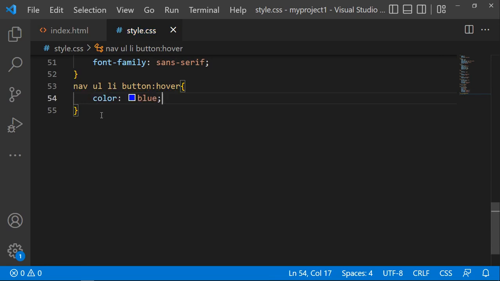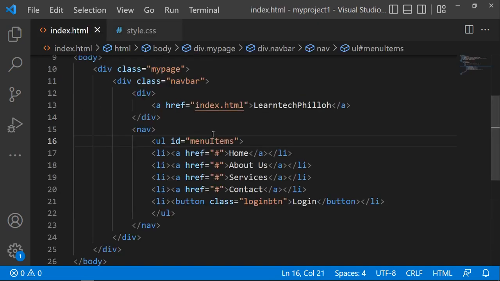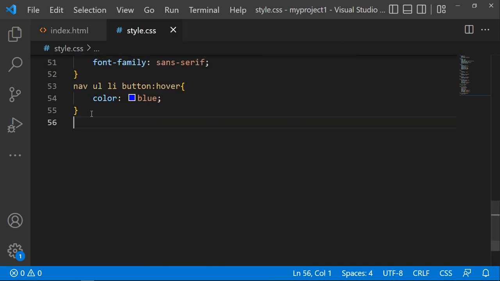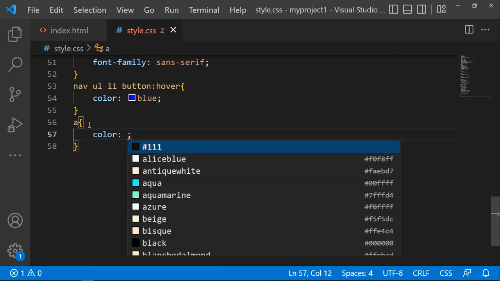Great. Now the next part is to style the link. We have a certain link here, which will have our title. So you can just say that this is now the link. You can just style it, and then you say that this is color. You can set the color to something like